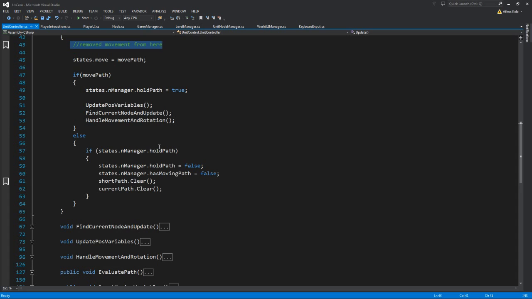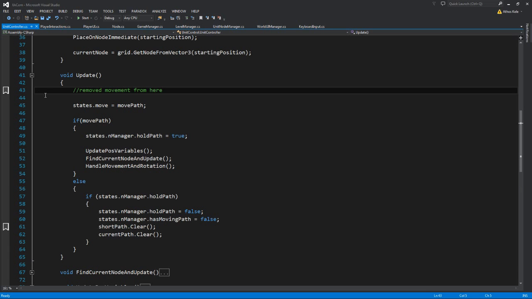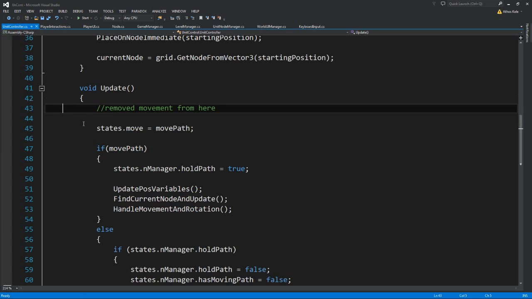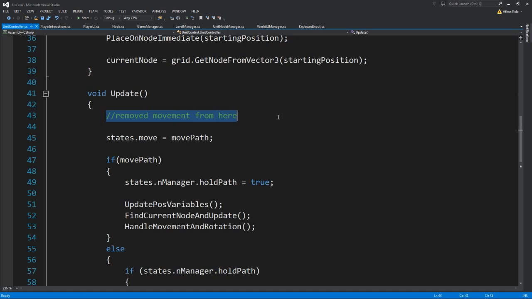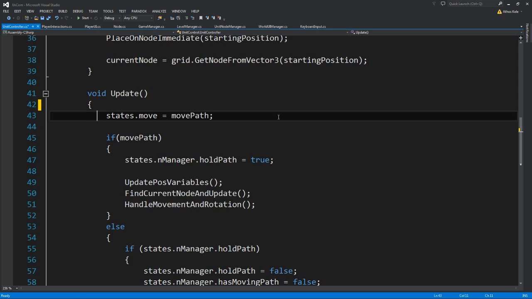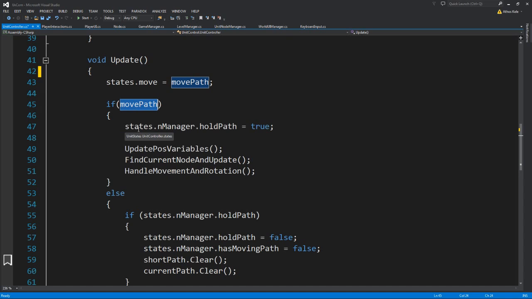Yeah, we had the movement, or basically everything that had to do with movement over here, so we removed it from over here and basically broke it apart once more. So if the state says we're moving, it's controlled by the move path, and if the move path is true, then we are holding the path. We update the position variables, which is what does the lerp. We find the current node and update it on whatever node we are